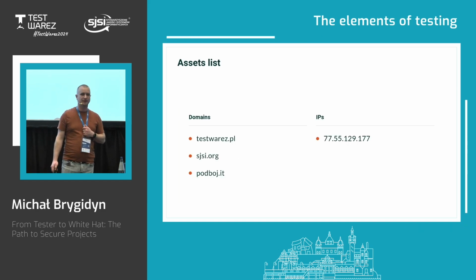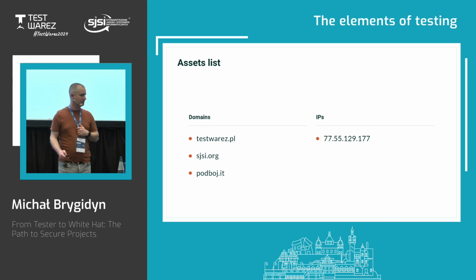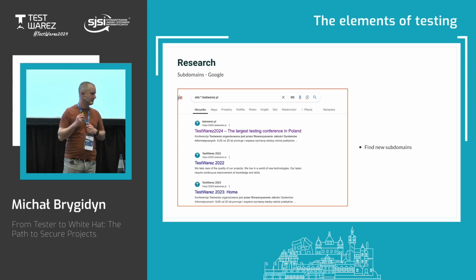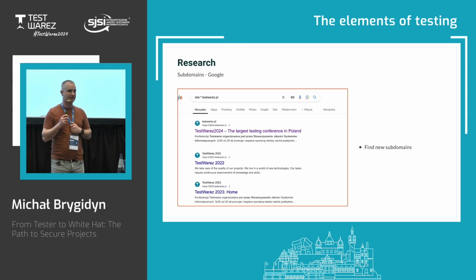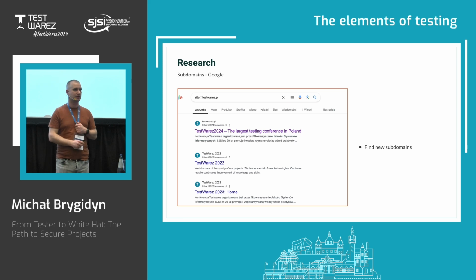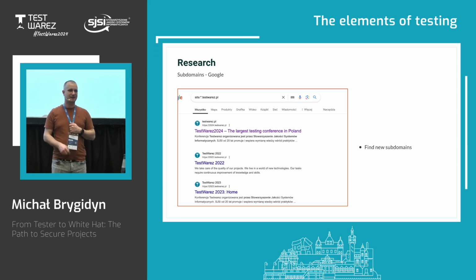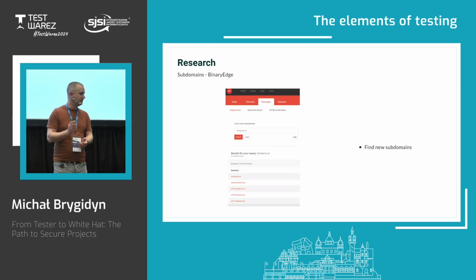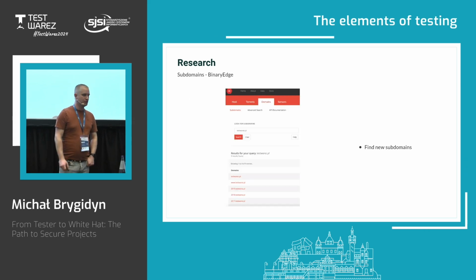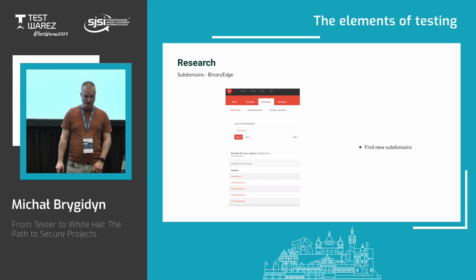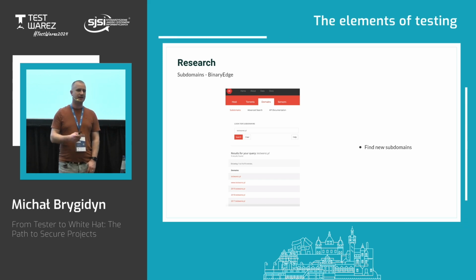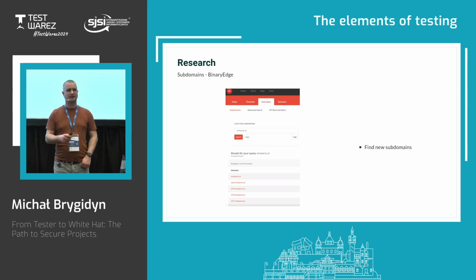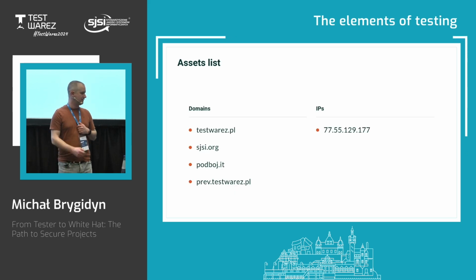So we have new domains, still not another IP, but new domains. Then we can find other subdomains of the domains that we already found, and extend the asset list. That way, we have more targets for the same owner, the same company. Then we can use one of these search engines. This one is Binary Edge, and ask it, hey, give me all subdomains that you know of that domain. And then we find something like